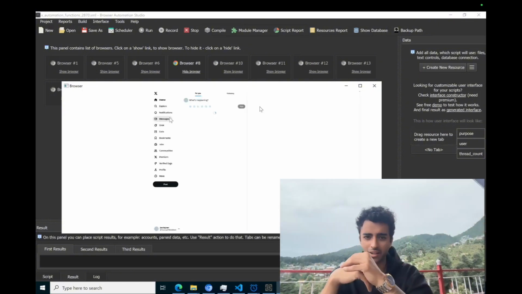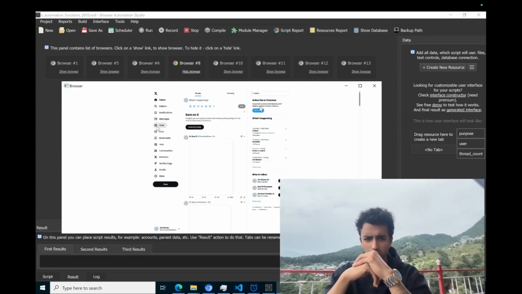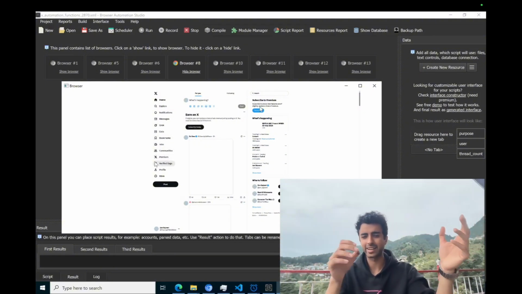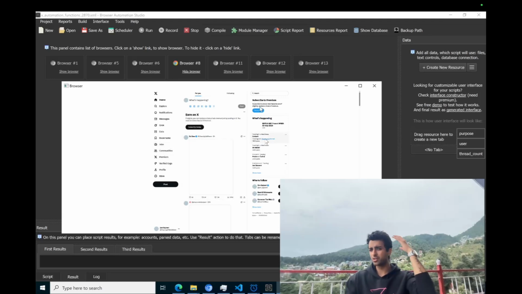Now it's going to manually move the cursor. See, this is the main part. It has the mouse cursor, right? Twitter detects cursor movements as well. So now we have this mouse cursor moving around. It's sending requests to the server. This is how a human acts, right? So this doesn't use the API.